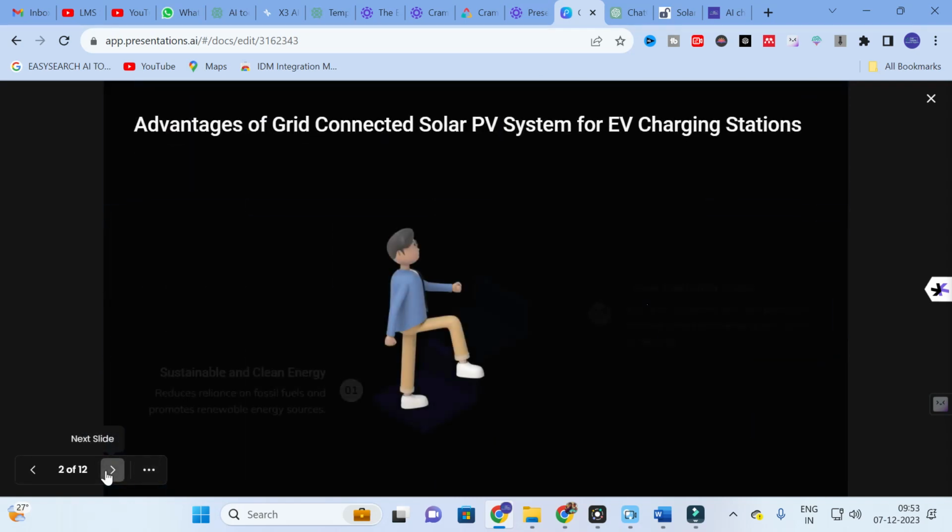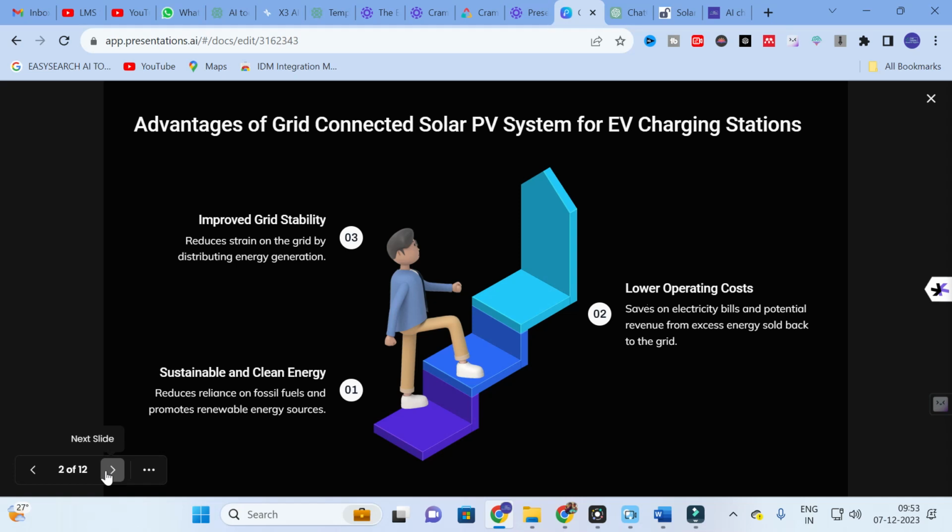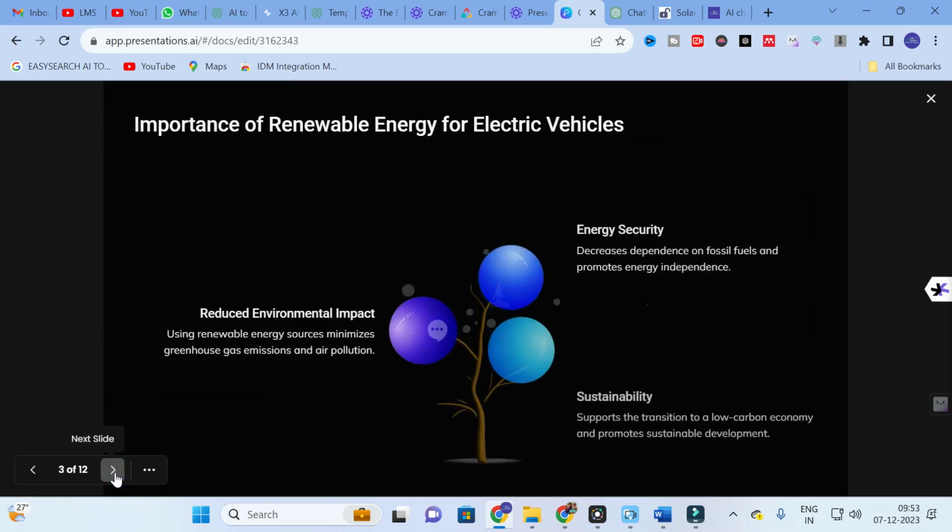give the second slide. Here you can see these are the advantages of a grid connected solar PV system for EV charging station: sustainable and clean energy, lower operating cost, improved grid stability. Next, the third one: importance of renewable energy for electric vehicles. Here you can see reduced environmental impact, energy security, sustainability. This is formed like a tree. Next, you can give